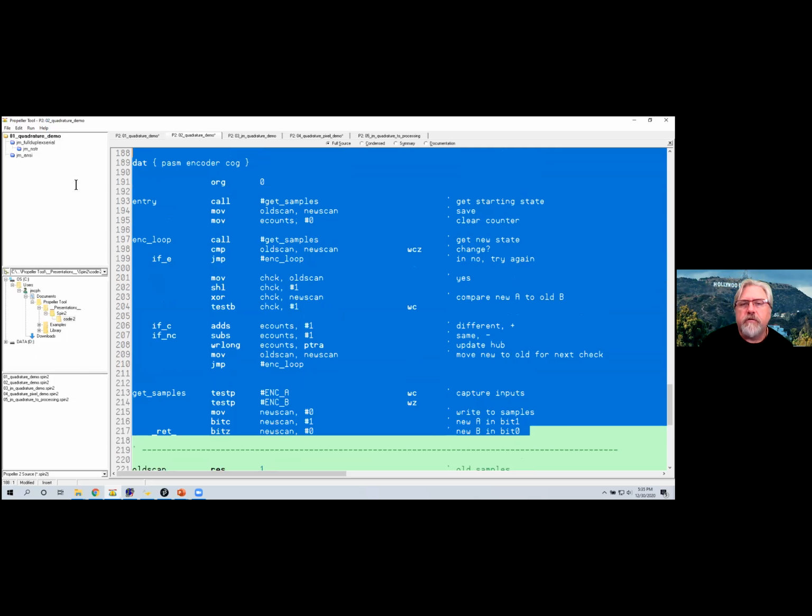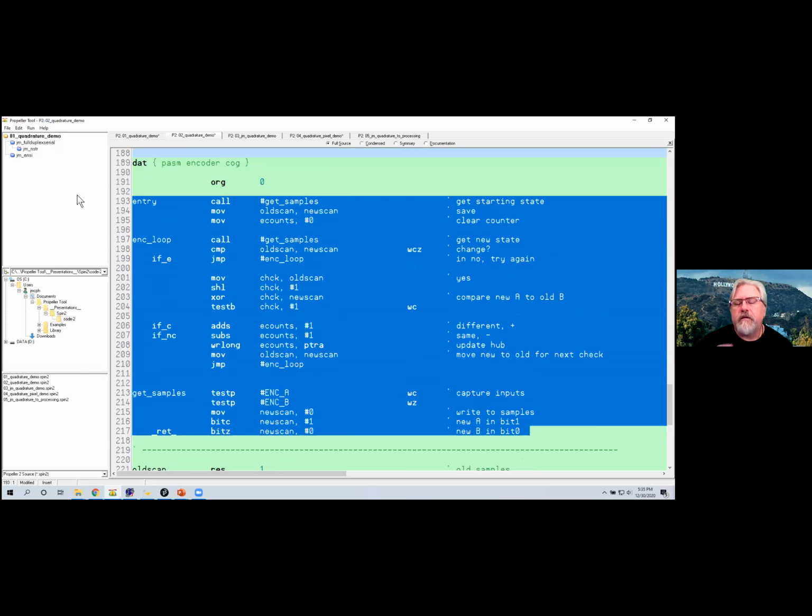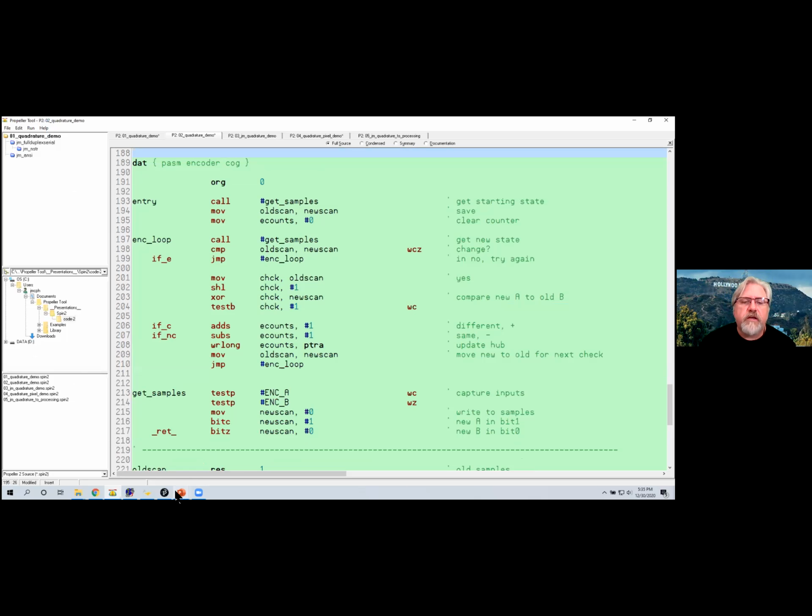This code, so this is architecturally how I do it in the P1, but there's a lot more code to set up the masks and dealing with that. But you can do it. Like I said, I've used encoders in camera control projects many, many times in the P1. Now, the great news for us though is we don't have to do this. I dragged you through all this so you could understand encoders and code them manually if you wanted to, but